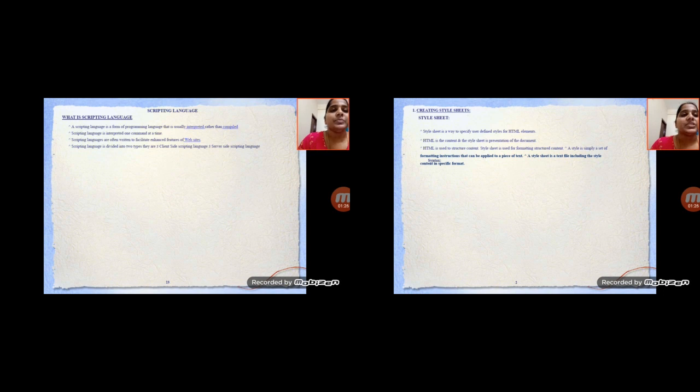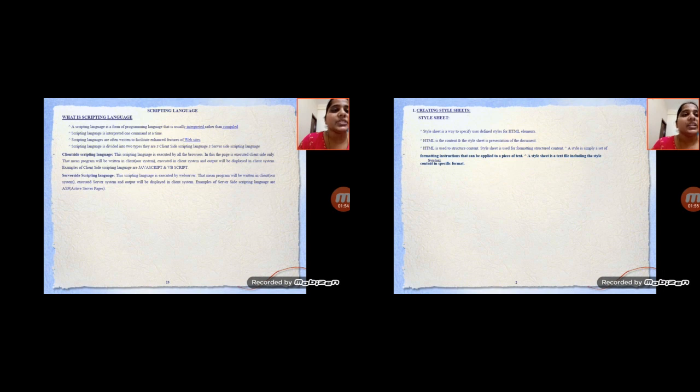A style sheet is a text file. In this we are going to discuss how to define a style sheet, what the content in the style sheet is, and how to represent the document with that style sheet. HTML is used to structure content, and a style sheet is used only for formatting the structured content.